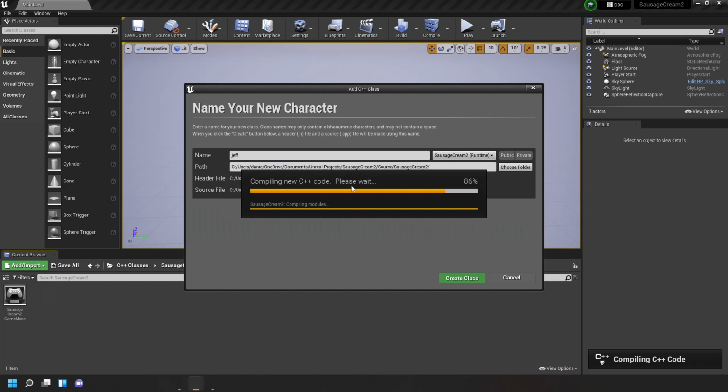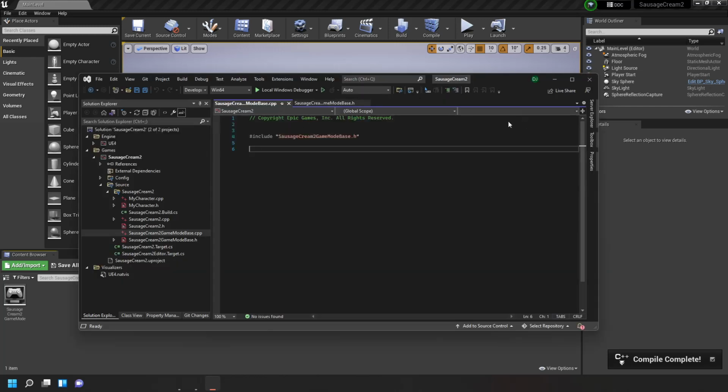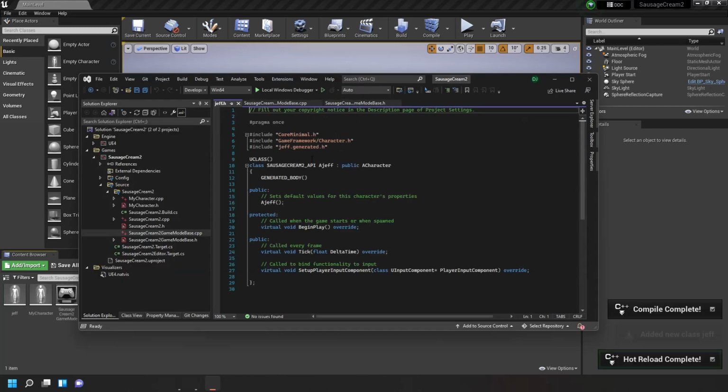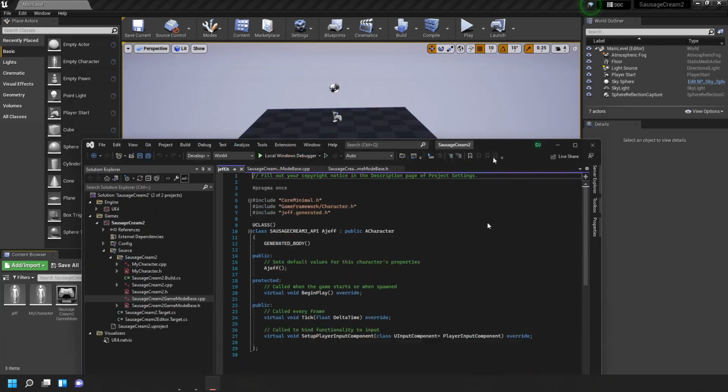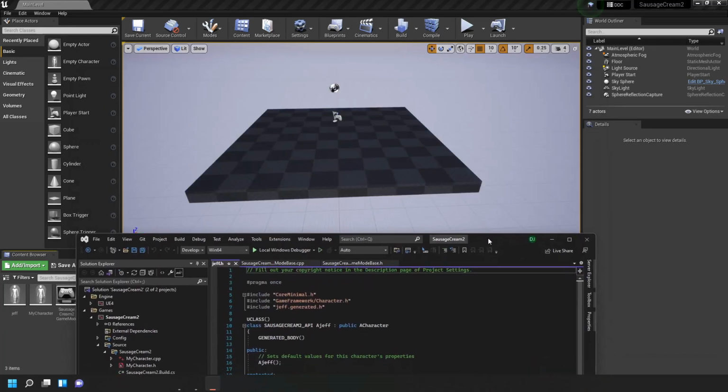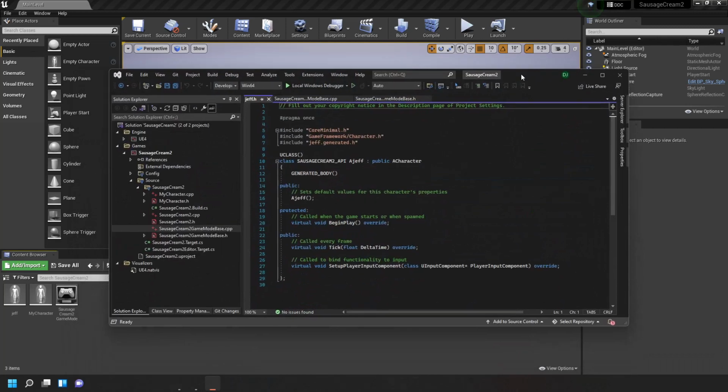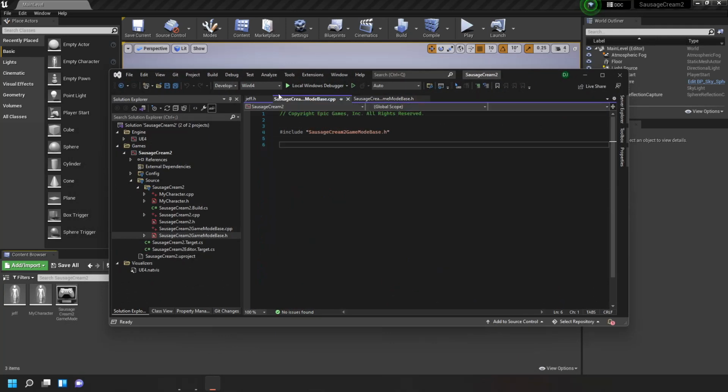Right, I've found an issue. I'm waiting for like 20 minutes now and it still hasn't done this. I don't think my computer's good enough to do this. Oh wait, no, never mind. It did it. What I think I've got to try and do now is make this character have a ray coming off him that simulates a bullet or something. That's what the bloke on the video is saying.